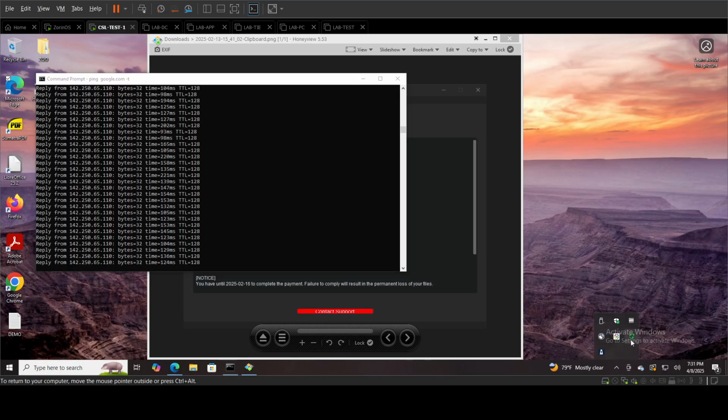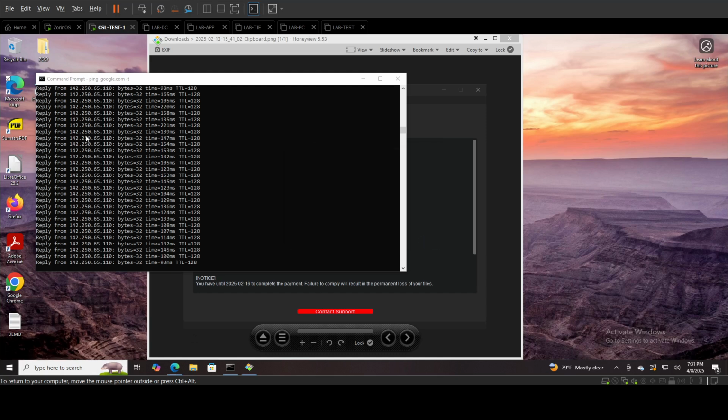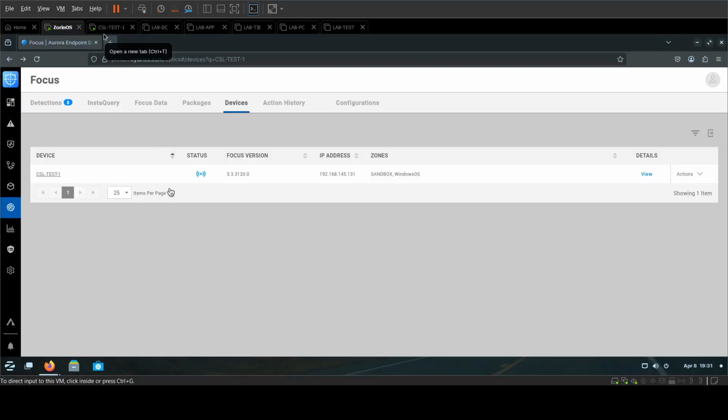So let me go back to my machine and show you that on it I have Protect and Optics, and I have a policy which turns everything on, of course. That's also just as important as having the tools deployed: making sure you have the right policy. So back in the console, let's pretend we've already gone to the Optics section and filtered down to my system. And if I need to quarantine the system, I can simply expand the options here